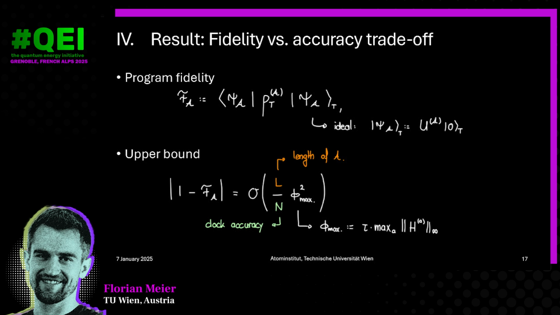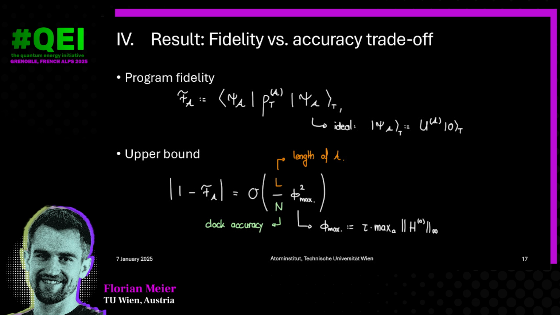For this, we can look at the overlap of our actual state we end up with and the desired state psi that would be the result of our ideal unitary being applied to the initial state. Ideally, the fidelity would be close to 1. To quantify how close we are to 1, we can look at, for example, the infidelity, so 1 minus the fidelity, the error, and an upper bound on the error is given by the following expression, which, now it's again